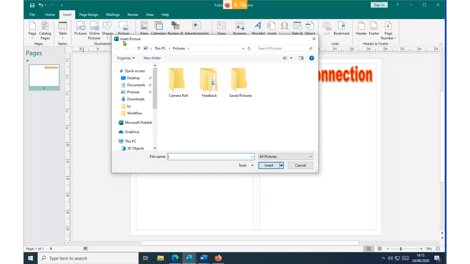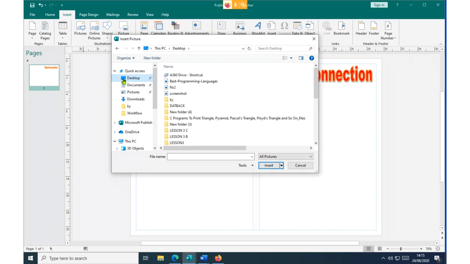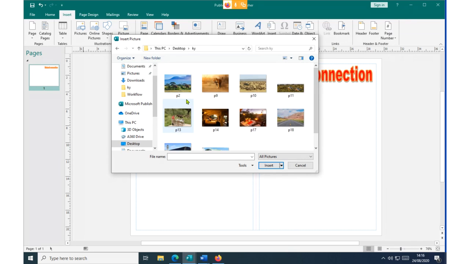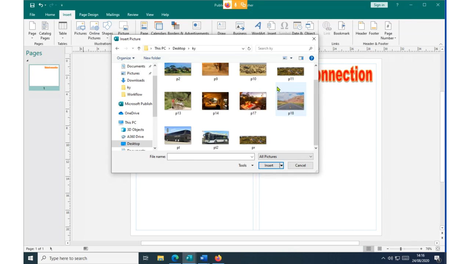Remember again, you have to look at the name of the window, which is called insert picture dialog window. Then you click on the desktop. For example, this is where maybe I've saved some photos. So on the desktop, I have some photos that are saved here. I simply click on the folder that has them, and then I double click it to open, and then I can now pick any picture that I want to put. Like now, maybe I want this to be my logo photo, and then finally I click the command insert.